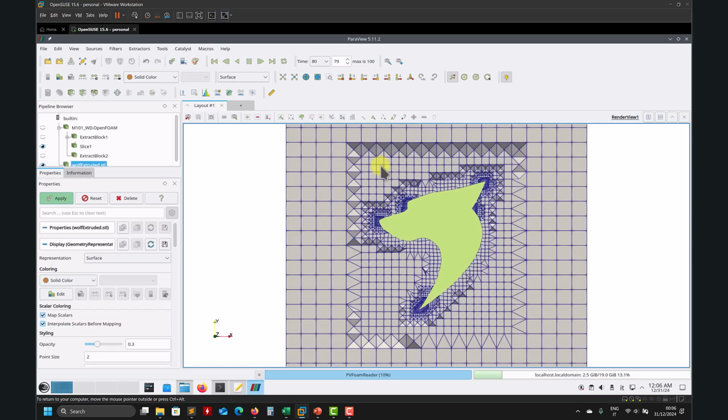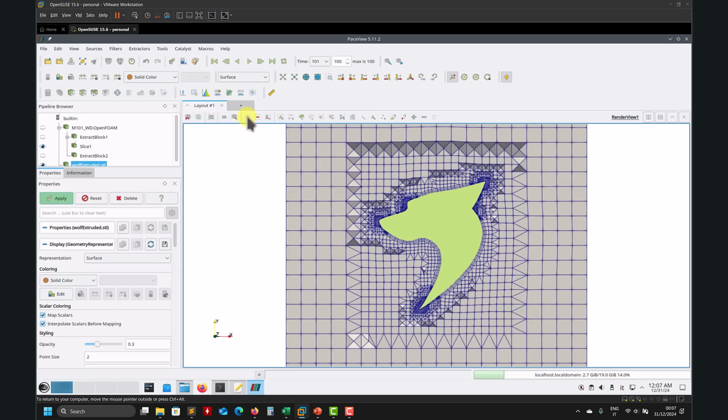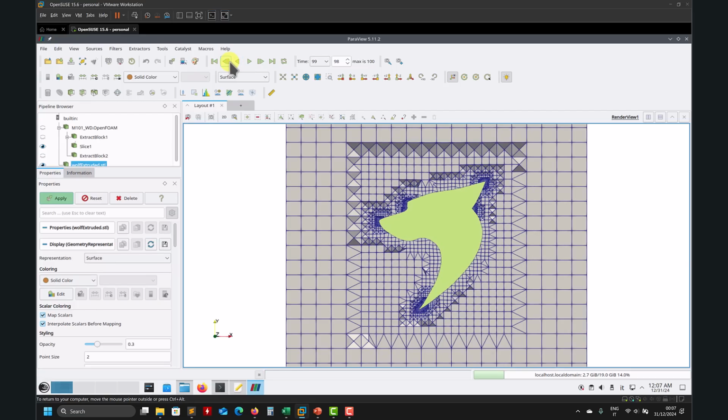Then you see that we added here the refinement. In this case, we didn't add it in that region there, just to show that there was some shoebox in there. And there you go. This is what I wanted to show, how the methods work. So after you have the snapped mesh,